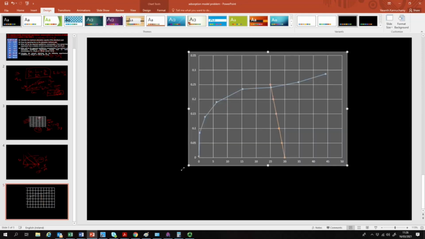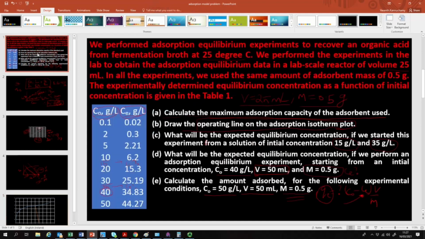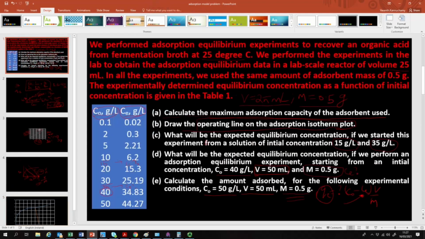So I hope you all can follow up to this point. This is our operating line, the one in orange. So what's part C? What will be the expected equilibrium concentration if we started this experiment from a solution of initial concentration 15 grams per liter and 35 grams per liter? So what I asked is like